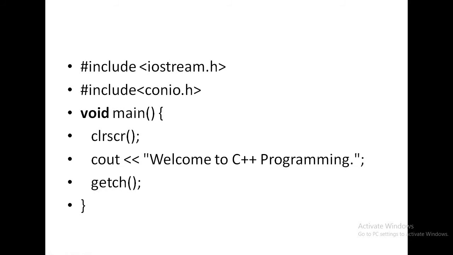Whenever you compile and run the C++ program, you see on the monitor this output: Welcome to C++ programming. So always remember, whenever you want some text message to be printed on the screen, you take the help of cout. Like printf in C programming, you use cout in C++, and this operator is known as the insertion operator. So with cout and the insertion operator, inside double quotes, whatever you write, the same thing will be printed on the monitor.